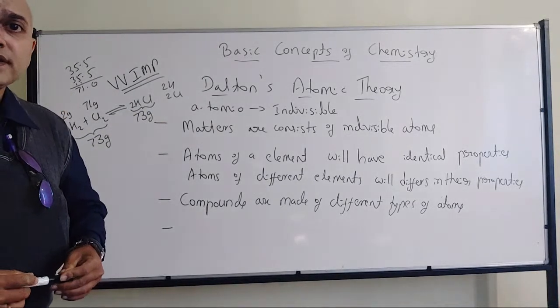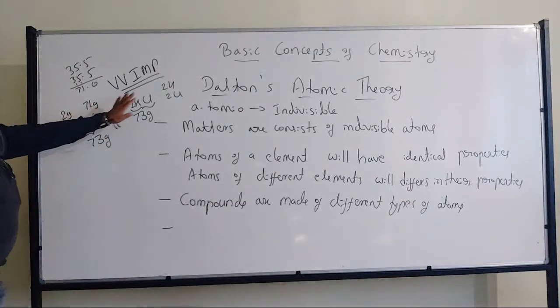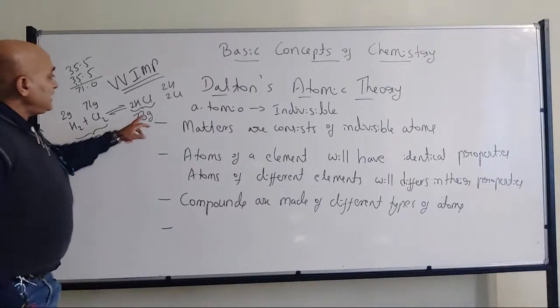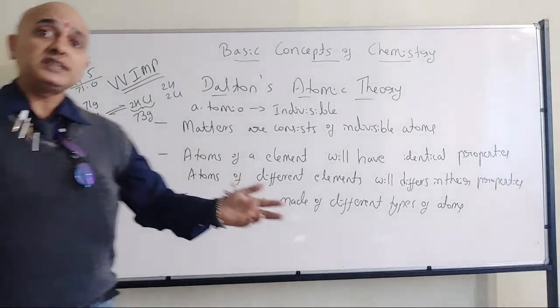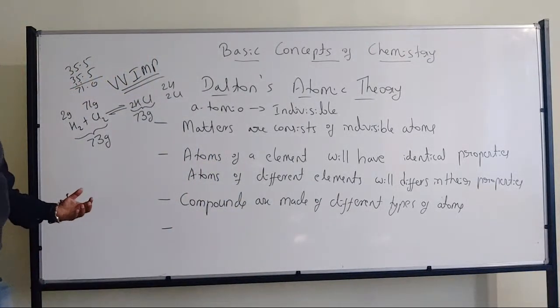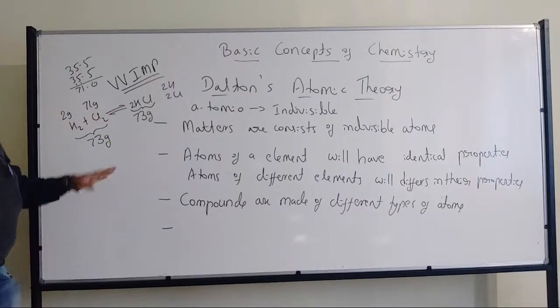Can you find? Have you understood, all of you? So what I mean to tell you is, if I take this particular reaction, on the left hand side the total mass involved is 73 grams. On the right hand side the total mass produced is also once again 73 grams. So what it means? It means that there is no loss or gaining of any element. Okay? So there is no loss.